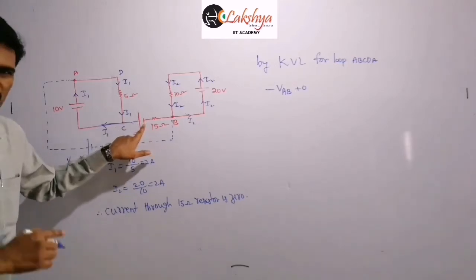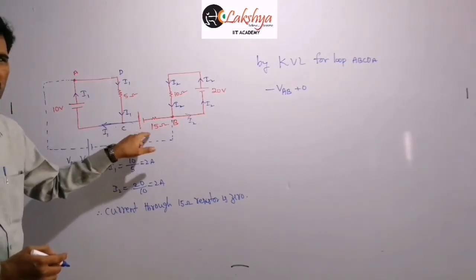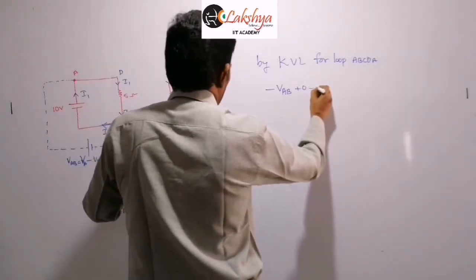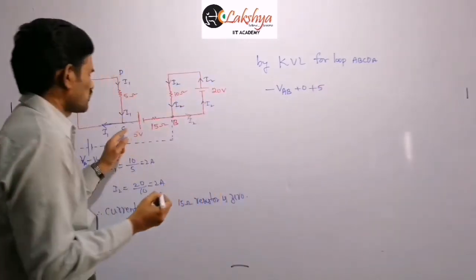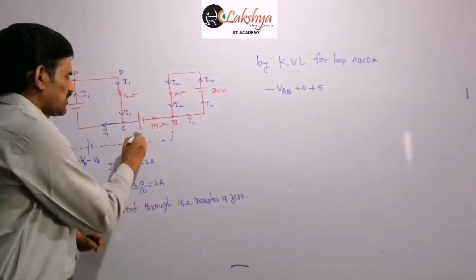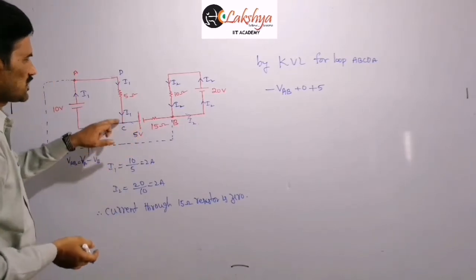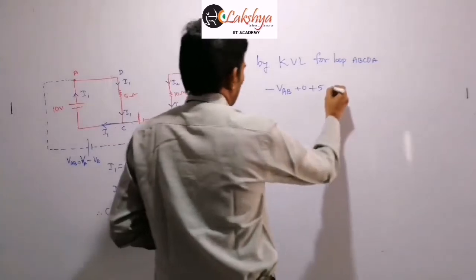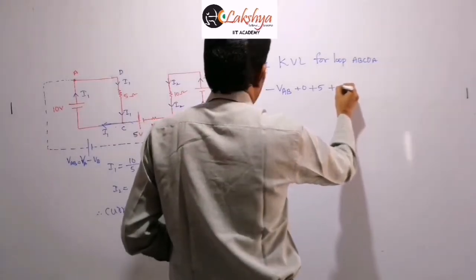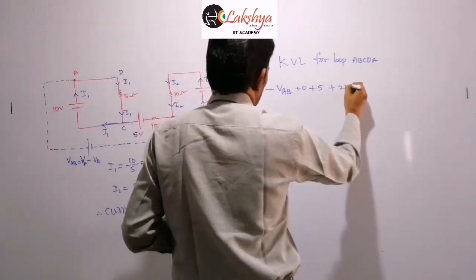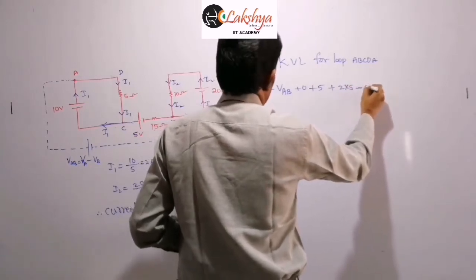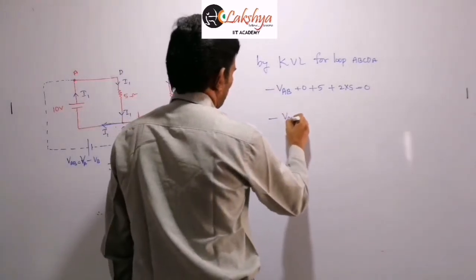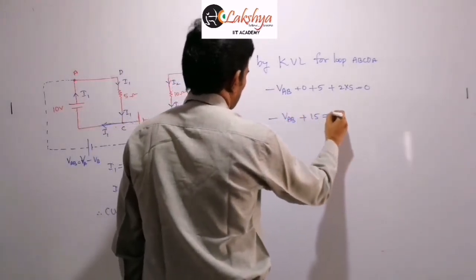But this cell is there, so across the cell there will be a potential difference. That is the role of the cell here. We are traveling from negative terminal to positive terminal, so it is plus 5 we need to write here. This is 5 volts, so plus 5. Next we are traveling along this direction, opposite the direction of the current, and opposite the direction of the current means plus IR. The I value we already calculated, I1, 2 into 5 is equal to 0. So that is the Kirchhoff law for that closed loop. And therefore it is minus VAB plus 15 is equal to 0.